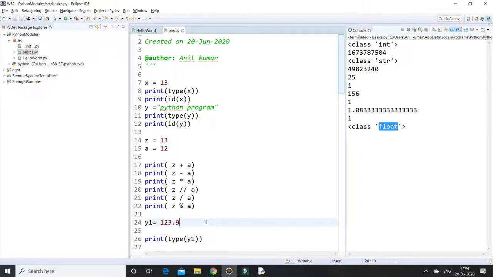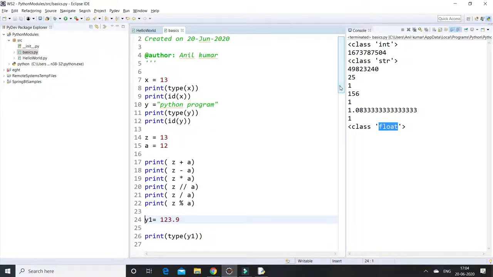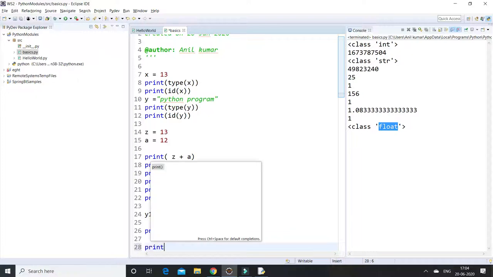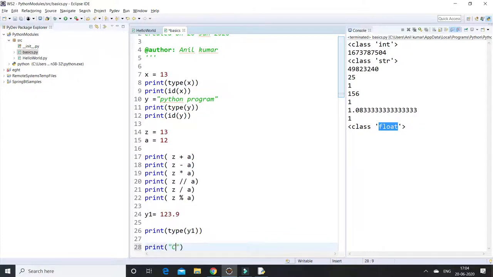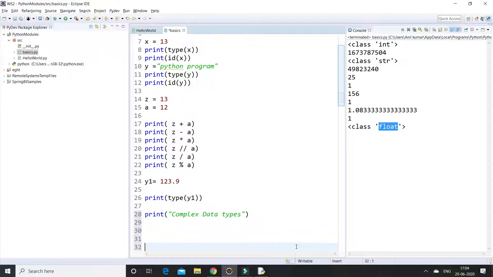And next one is using the complex data types. How to declare complex variables in Python?